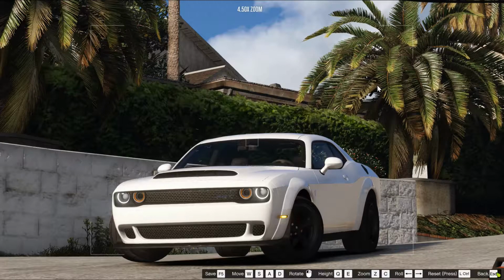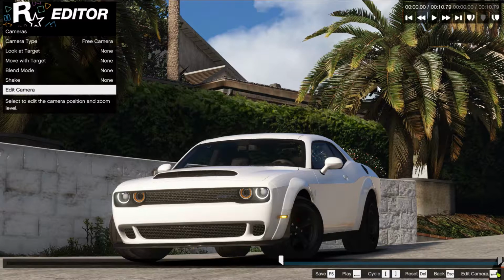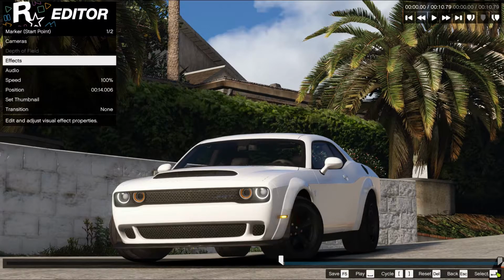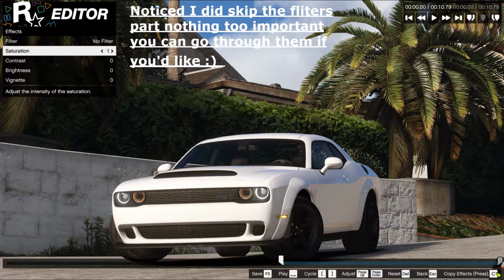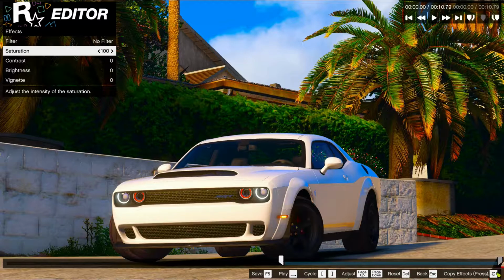Alright, so once you got the angle that you want for your photo, you can go ahead and press escape and escape again and go down to effects. If you want, you can increase the saturation. I do not recommend you put this too far up, as look what it does when it goes too far up. So as you can see, when it's too far up, the colors become way too vibrant